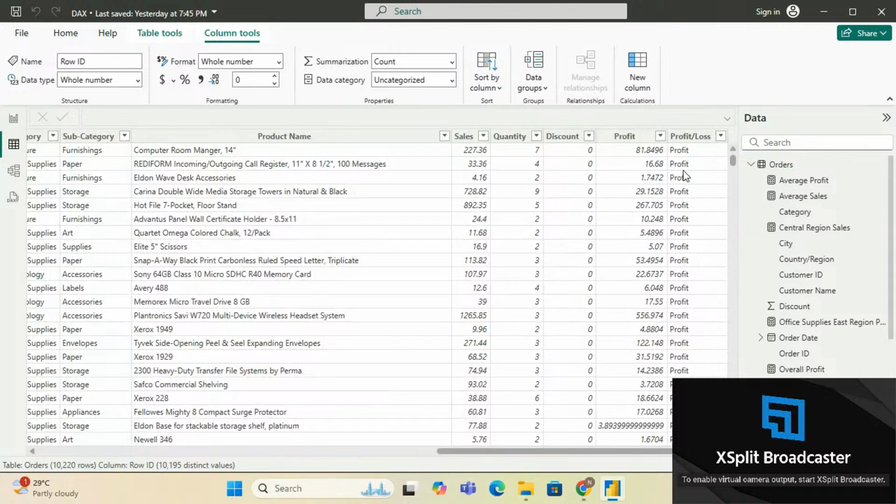But if a column is created, the other thing that can be created using DAX is calculated columns. When you create a column using DAX, it's like a normal column, and it occupies space in the table. Within the table it occupies space,